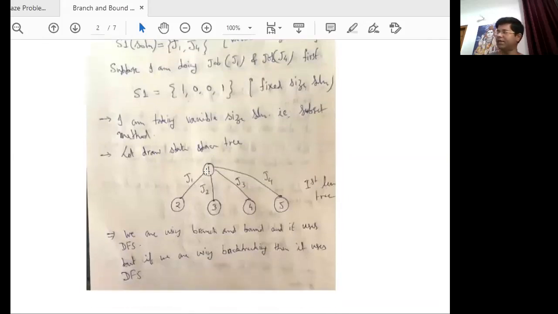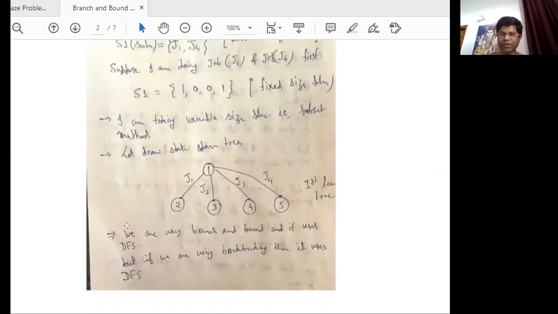I labeled this node as 1. We have to do 4 jobs. So first J1, J2, J3 and J4, and the nodes are labeled as 2, 3, 4 and 5. It means we are using which method? Branch and bound method, and this method uses the breadth first search algorithm. It means we are first solving this, then this, then this and this, and after that we are proceeding to